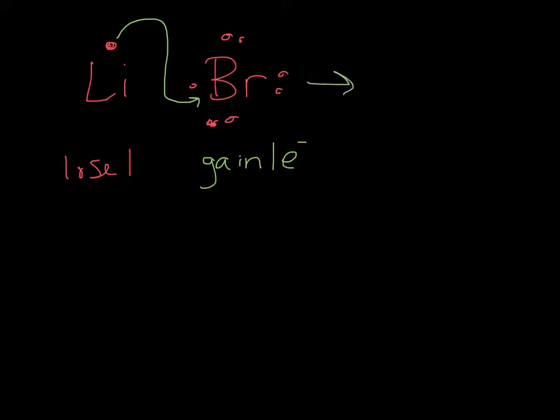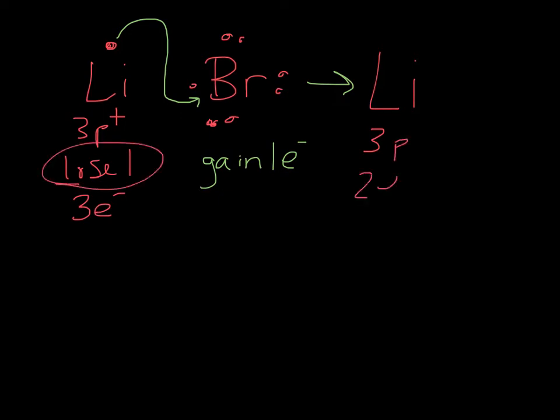so that when we write this, what we end up getting is my lithium lost an electron. So instead of having, so it's over here, it's got 3 protons and it's got 3 electrons, right? And it loses that 1 electron. So now it's going to have 3 protons, 2 electrons. Therefore, its overall charge is going to be a 1 plus. So let's go ahead and put the plus charge there. And then I take my bromine,